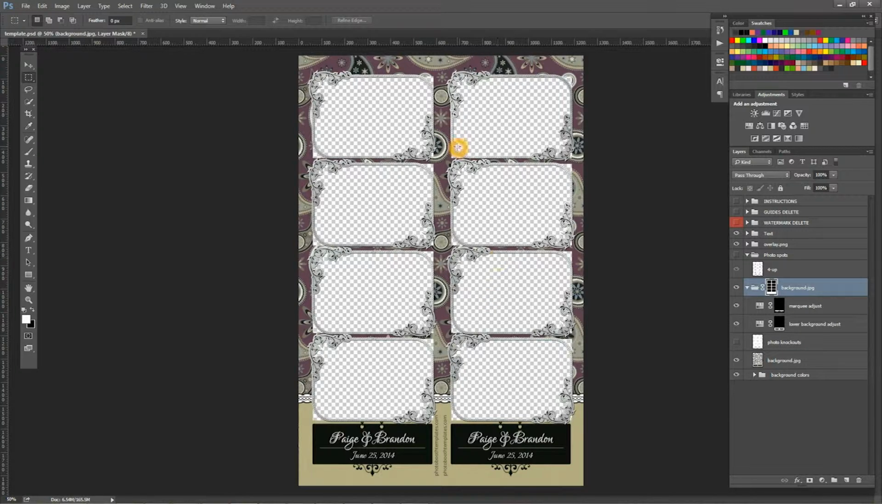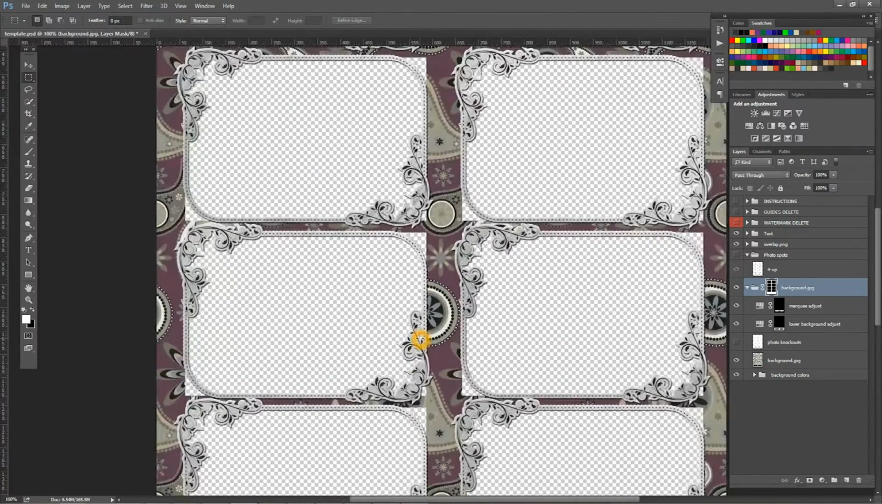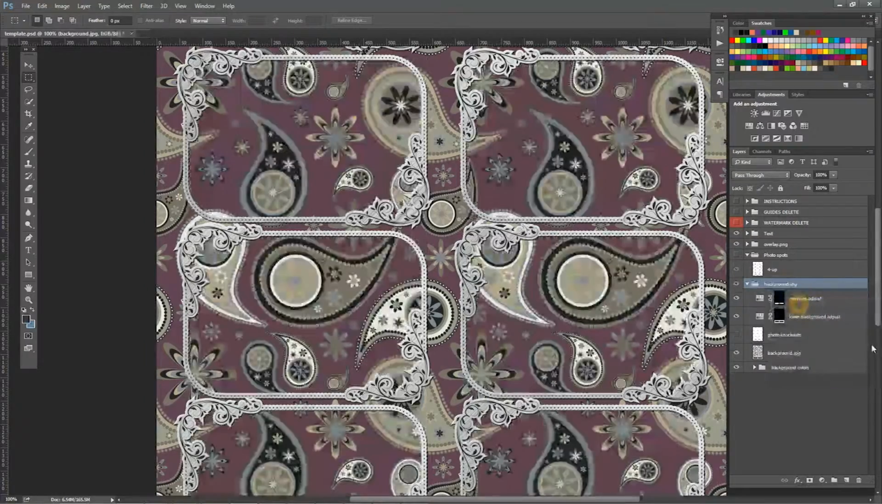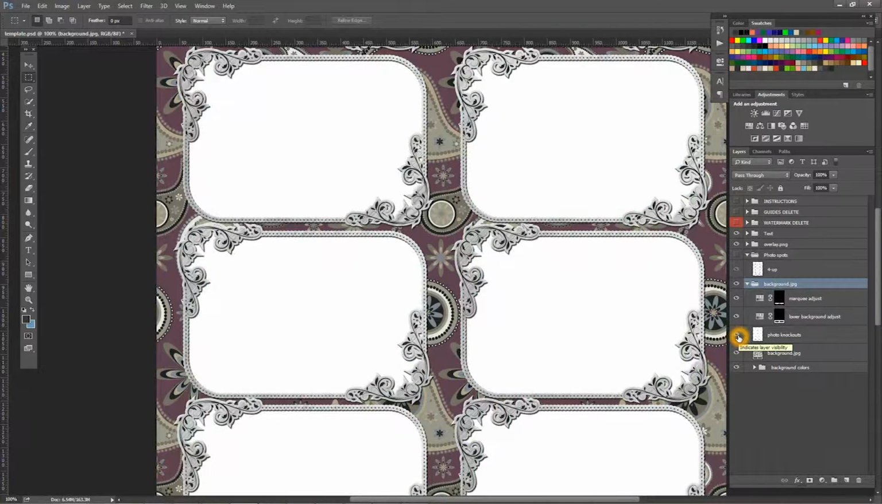As you'll notice, though, in the case of this one, what's happened is it's totally taken the squares out, and it's not really what we want. So I'm going to delete that. When we have the rounded ones, we'll typically have a photo knockout also, and this is kind of made to match what's underneath of the